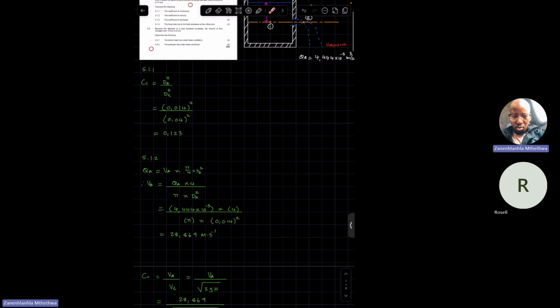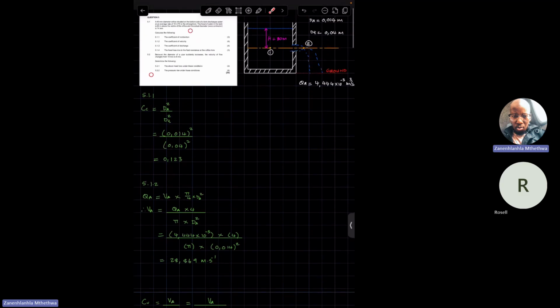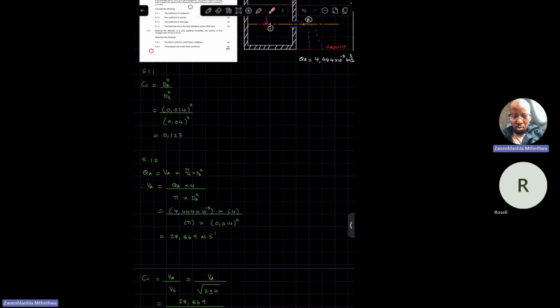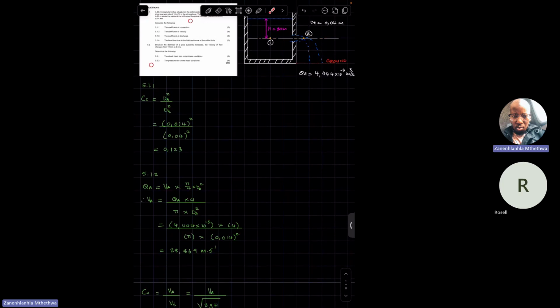Having established that, this is where you're headed. You have to use VA over VT. And the question is, do you have VA? Do you have VT? If you don't, based on what you've been given, are you able to calculate both? Yes, you can. So first, calculating the actual velocity. You've been given the actual flow rate. Remember that